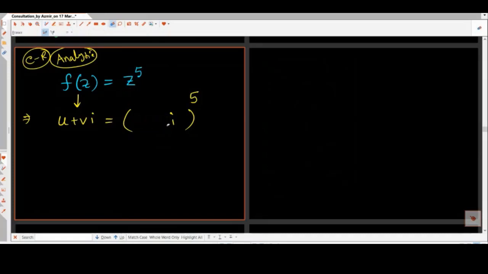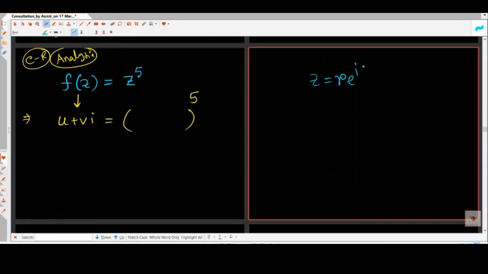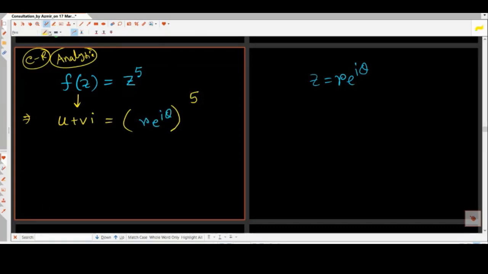So this time, instead of x plus yi, we know that z is r e to the i theta. So let's plug this one in this time. (r e to the i theta) to the power 5. So now we know